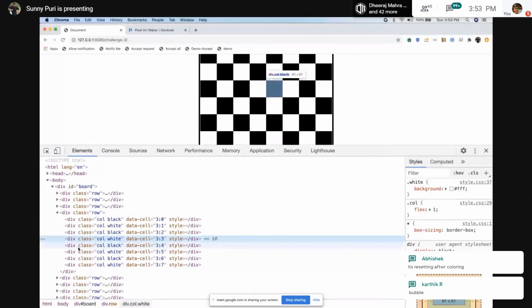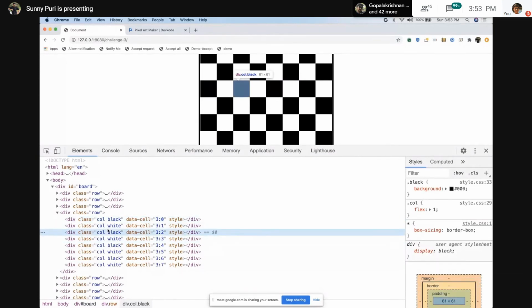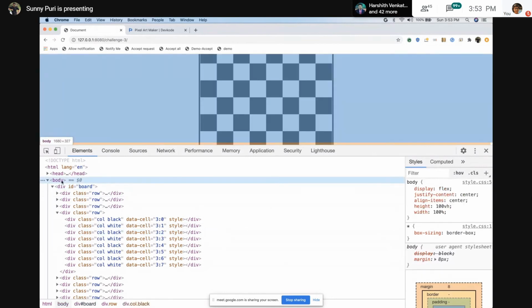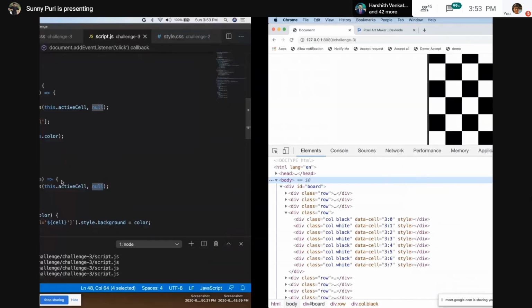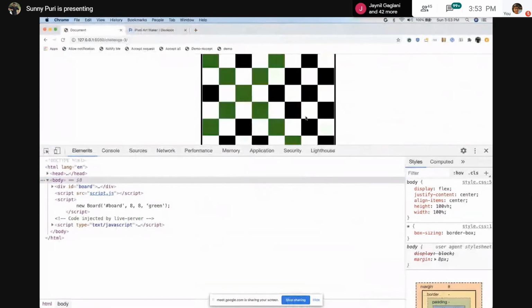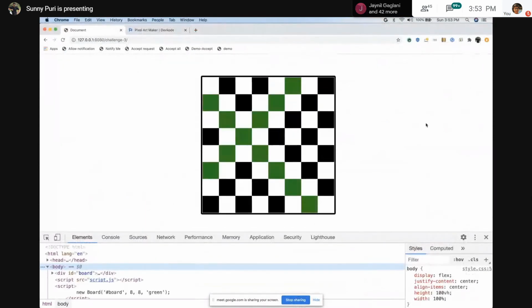What exactly is happening? It is bubbling out when I'm clicking in any of the cells, right? The click operation is happening. Click goes to board, click goes to body. It is going up. It is bubbled. So I'm saying, if you are clicking anywhere, then stop bubbling, stop propagation. That's why I have added this stop propagation. So if I'm clicking anywhere, now the click event is not passing to the body, from board to body, from body to document. So this is the hierarchy.